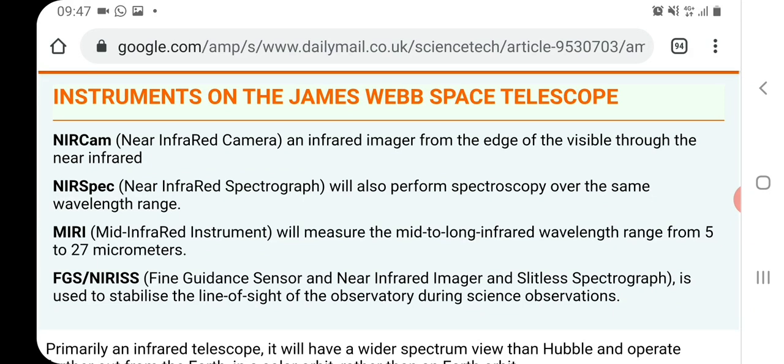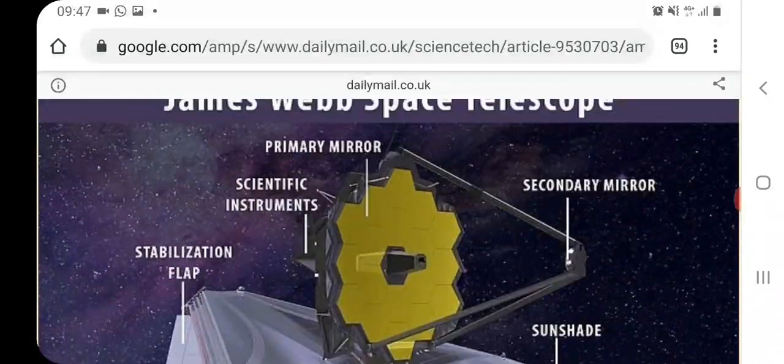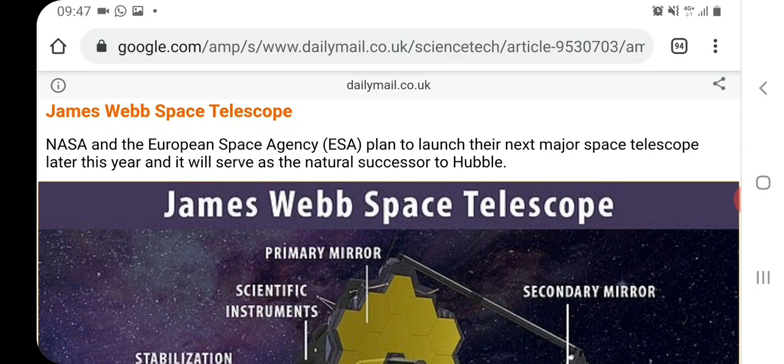Of course, a lot of people who visit this channel will be fully aware that a lot of the imagery that we get cited that supposedly comes from Hubble actually comes from the 747 aeroplane with a telescope on that many of us know as SOFIA. And that kind of got me thinking, with the announcement of this James Webb and this new spec they've got on this telescope, and of course with me knowing about SOFIA, and SOFIA being responsible for a lot of the imagery we see that comes supposedly from Hubble, that got me thinking, I wonder,